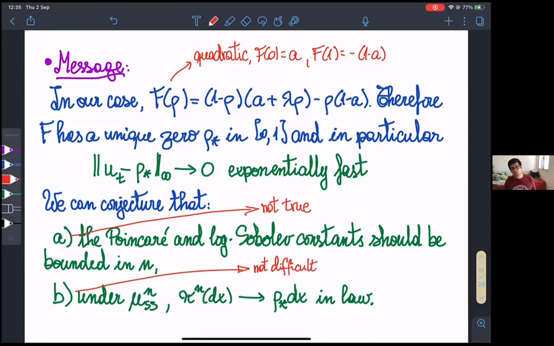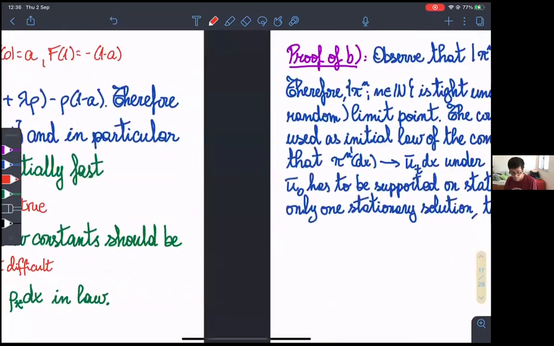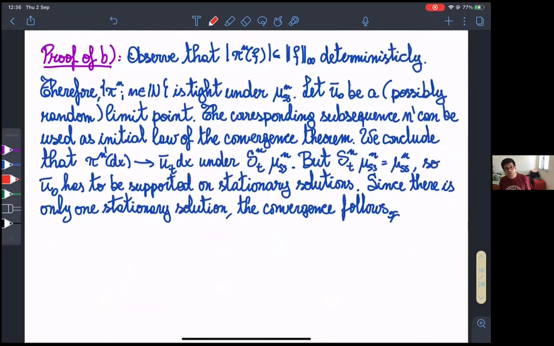Okay, so let me prove that. Let me prove that under the stationary state, the empirical density of particles converges to rho star. And the proof is not very difficult because it's more or less contained in the hydrodynamic limit theory. So as I was telling you, if we want to obtain information about the stationary state, we can proceed in this way. So now what we did is that we prove for fixed T that the density converges to